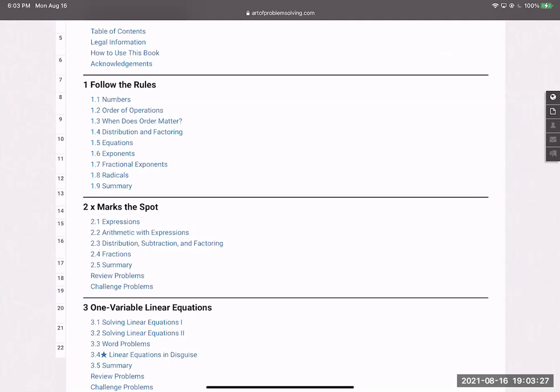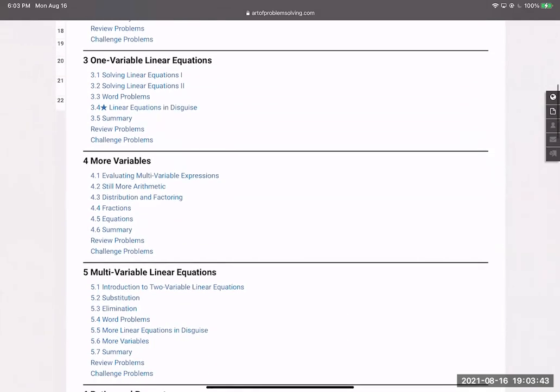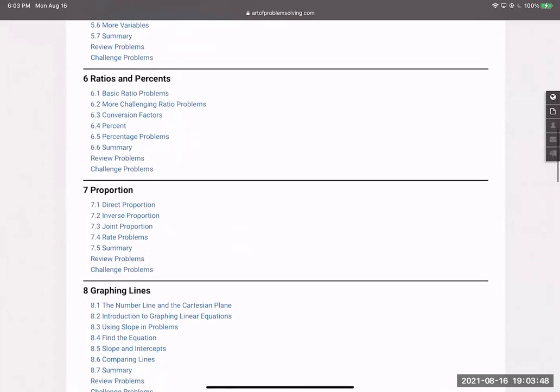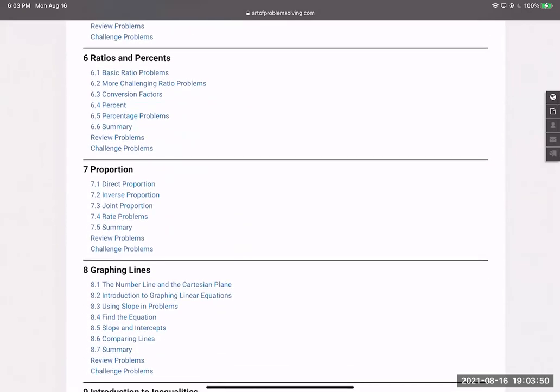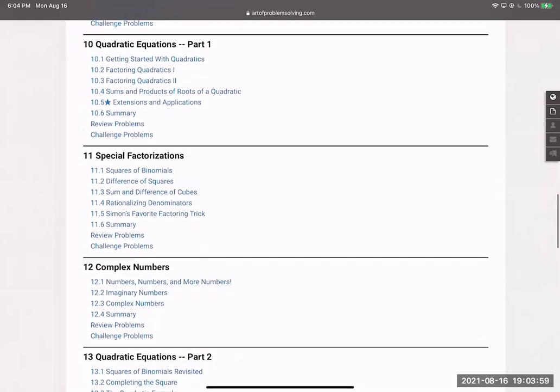We're going to go over the materials in the Art of Problem Solving textbook. We can see here Chapter 1, follow the rules. This is really just a lot of review here. Chapter 2 starts introducing x, and we start using it a lot more. Then we're going to move on into variable equations, using more variables, multivariable linear equations, ratios and percents, proportions. These two typically get paired together quite a bit. Then we're going to show a little bit of graphing, inequalities, and from there we're going to move on into